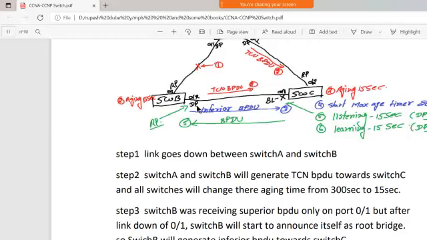So switch B will generate inferior BPDUs towards switch C.